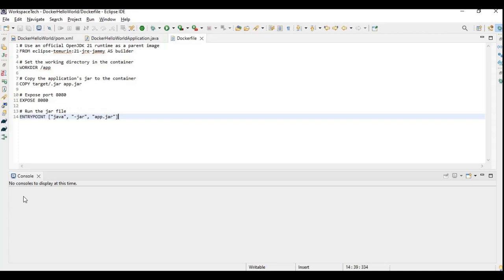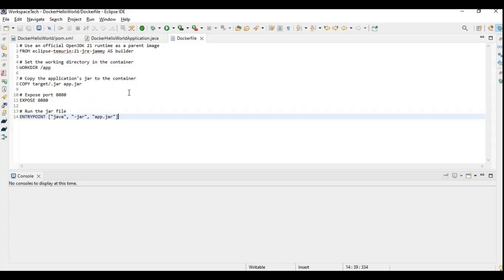This will ease your work if you are writing a Docker application with no database connection, because for a database connection there would be external steps that we will be requiring. So if you are writing a REST controller application without database connection, this is a small example that can be replicated for your application as well, if you don't need any connections for your application. So this is how you can write your first Dockerfile.